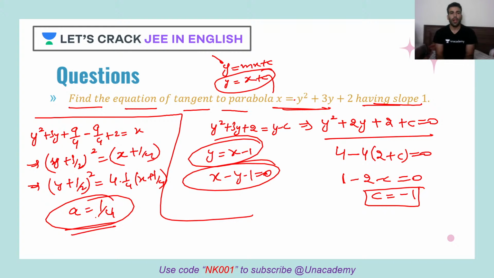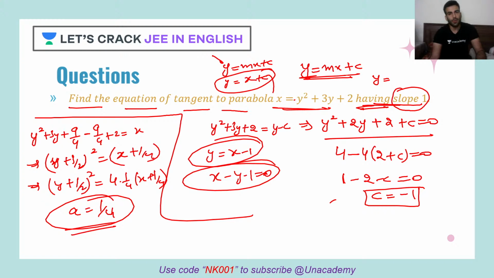Apart from it, SYM says first method. In the first method, what I have done is I have directly used the given information. What is the given information? The tangent has slope 1. So I assume y is equal to mx plus c is my tangent. Luckily, he has given me the slope's value, m's value. So y is equal to 1 into x plus c, because slope is 1.